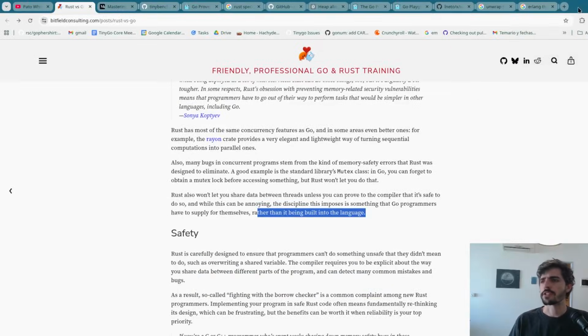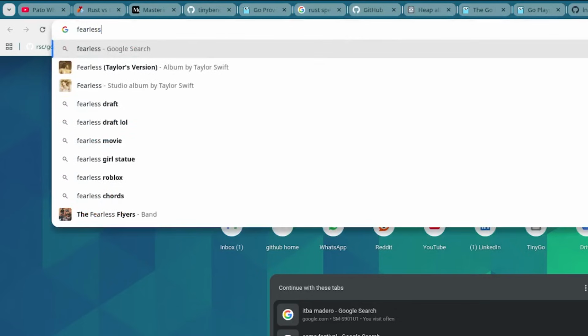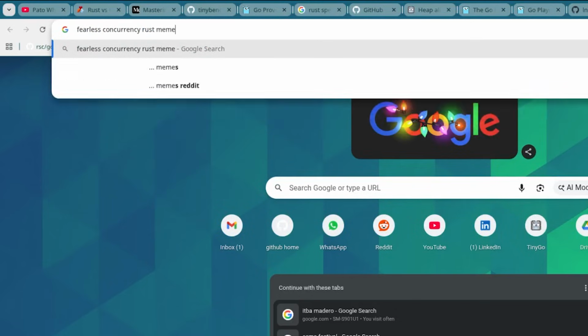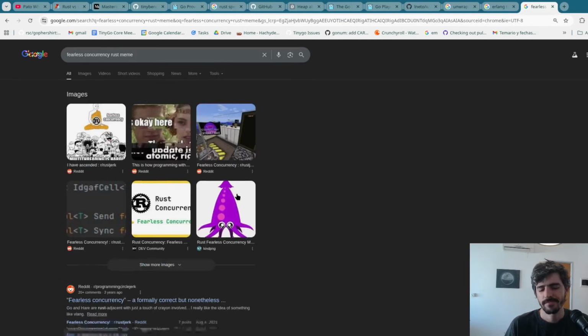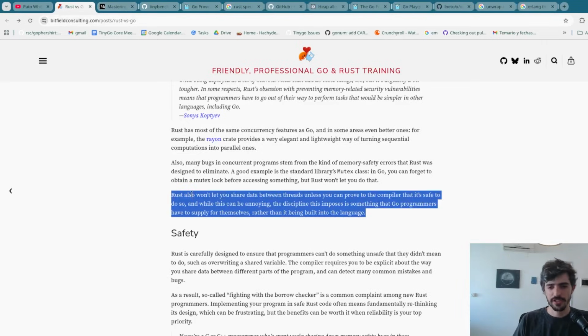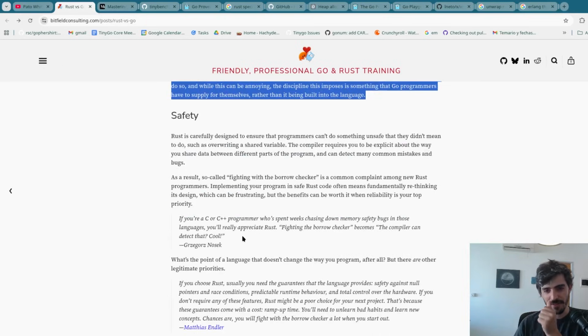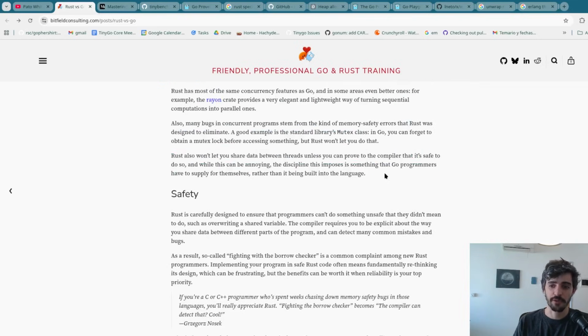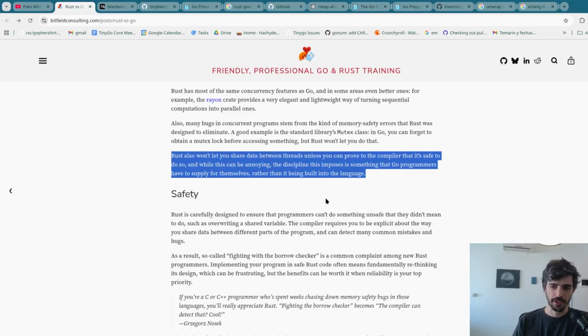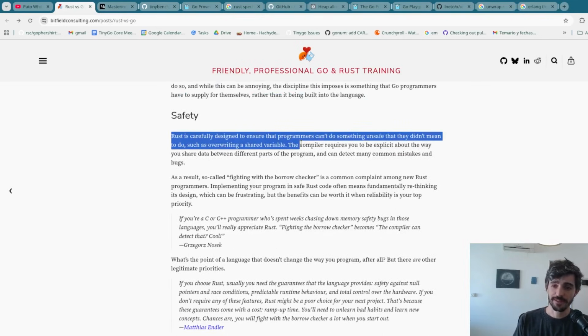I think I heard the Primeagen talk about this and sort of mock the idea of fearless concurrency, the Rust meme. Formally correct. Okay, let's suppose that's true. Okay, let's give Rust this one. Okay, Rust is perfect. Unsafe does not exist in Rust, and it'll just always work. Unsafe, I mean, that's unfair. Unsafe does exist in Rust, so you could bypass this, but let's just suppose in the language, you're not gonna do that. So yeah, okay, maybe Rust wins here. I can live with that.